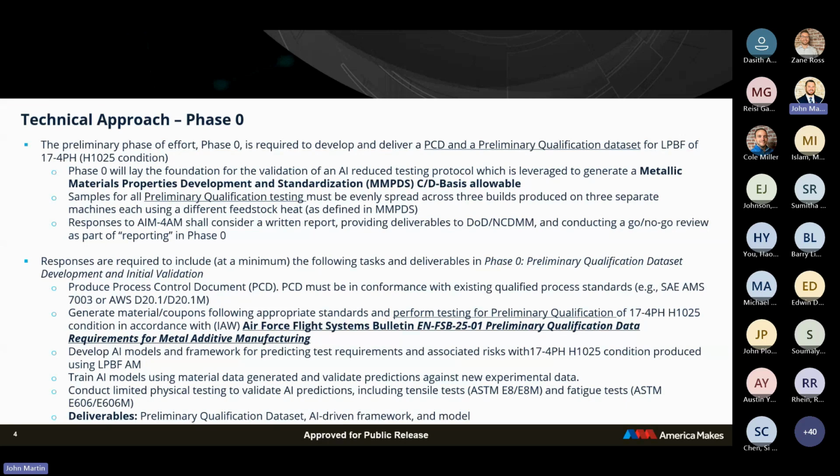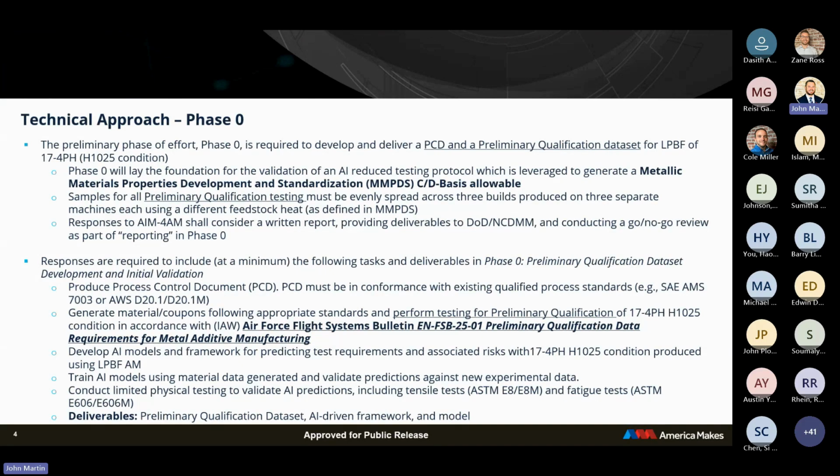I don't know if it's hosted anywhere online, so we might have to, I don't know, if we could put that on our website. We've got to look into that. For those of you that don't have the document, at the end of the meeting I could bring up a table they have in there, but just to give you an idea, it's similar to MMPDS